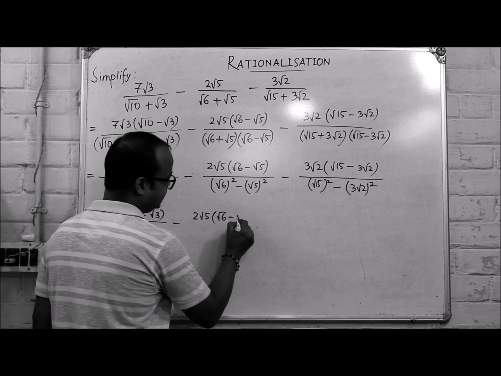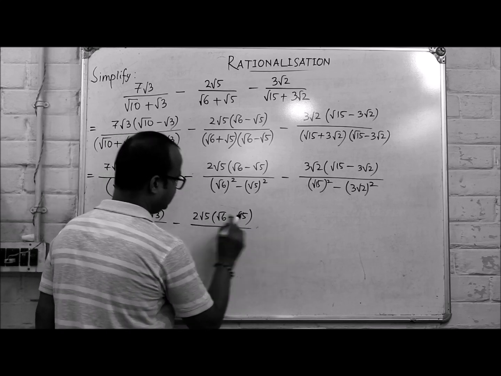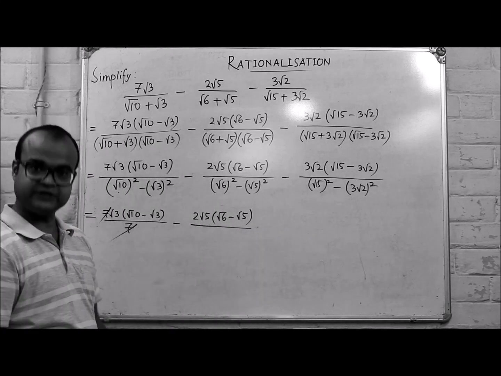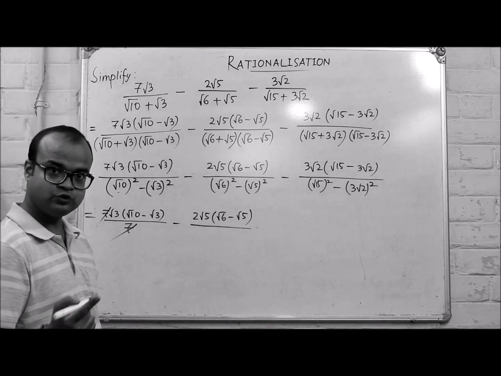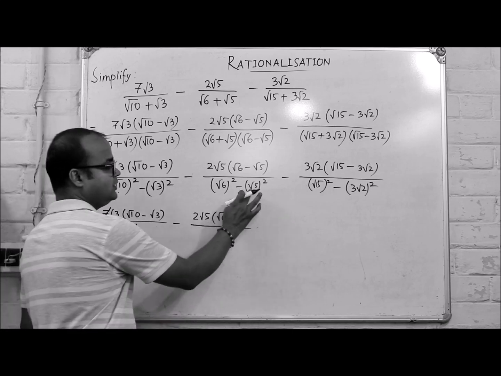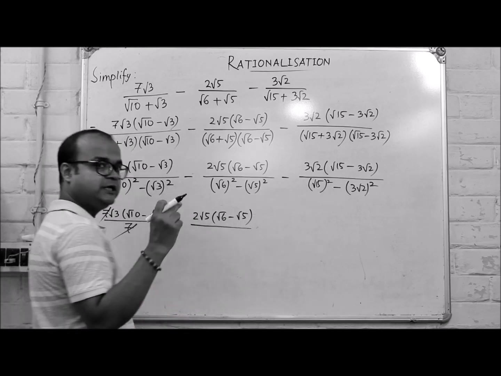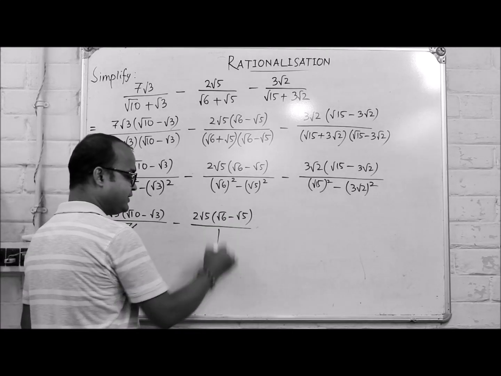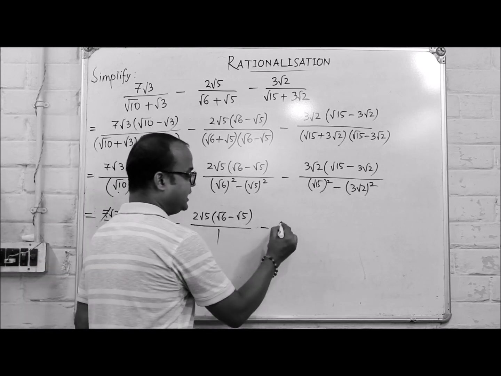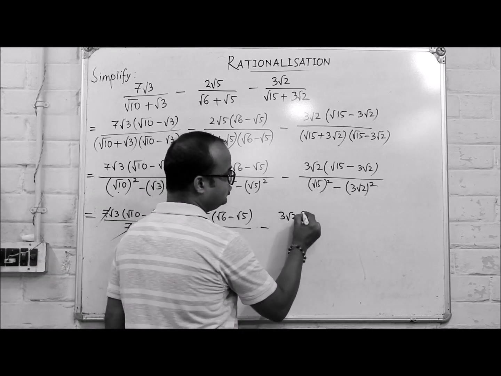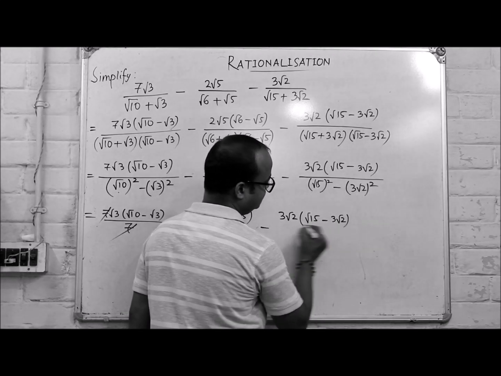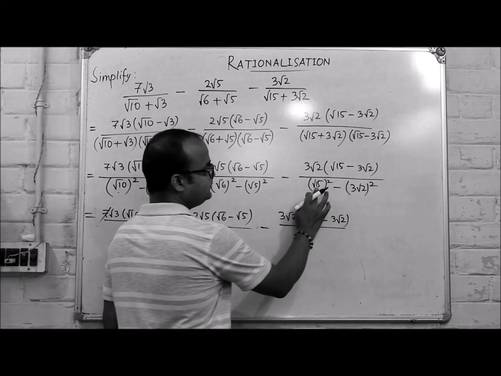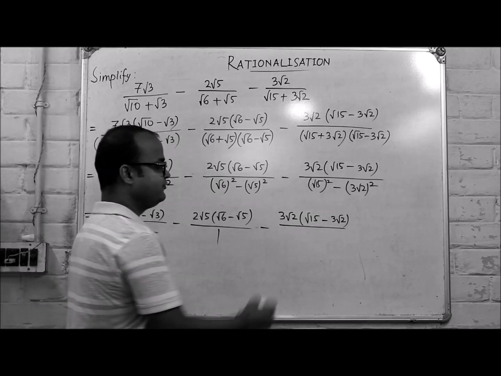by root 6 square, which means 6. Root 6 square is equal to root 6 into root 6, this is equal to 6, minus root 5 square, that is equal to 5. 6 minus 5, 1. Minus 3 root 2, root 15 minus 3 root 2, by root 15 square, which means 15,